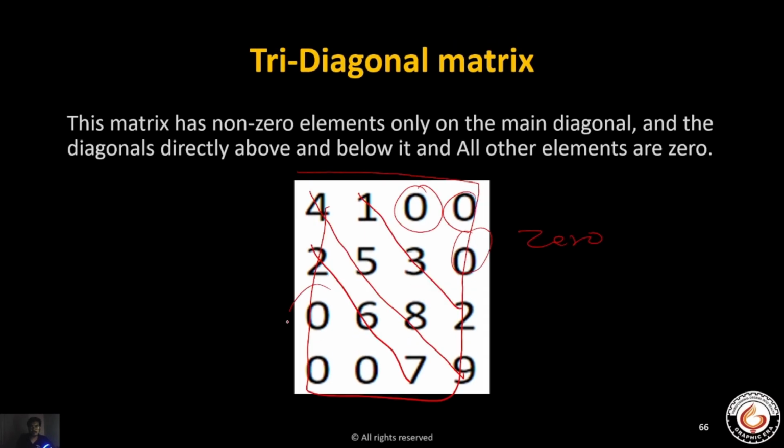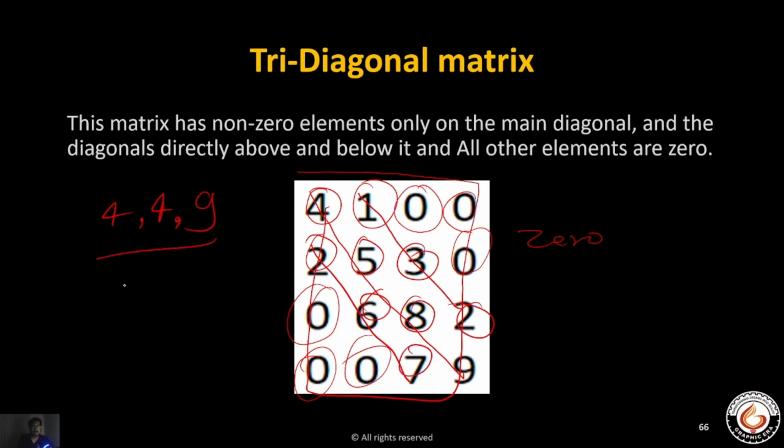So these zeros take a lot of space and are not memory efficient. That's why we use a technique. What we will do is store in the first row the number of rows and number of columns, that is 4, 4, and the number of non-zeros, how many non-zeros there are: 1, 2, 3, 4, 5, 6, 7, 8, 9 non-zeros.